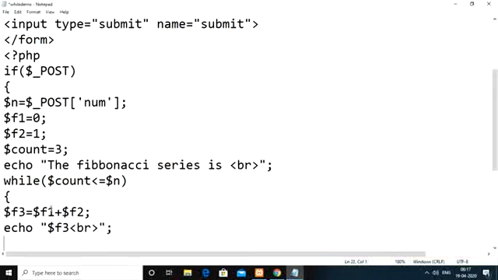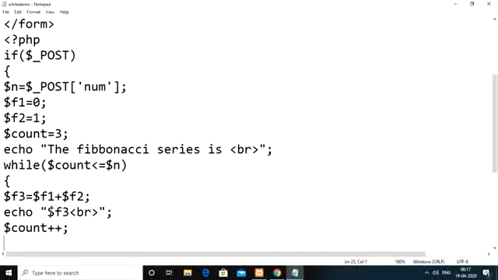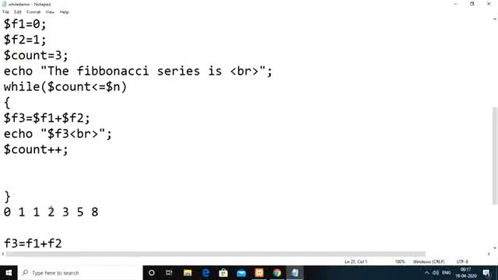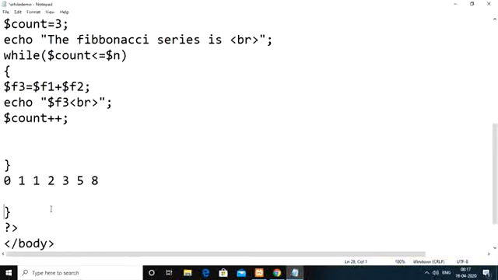After that, increment the count value so that we can find the next term. The third term we already found, now we need to find the fourth term. So here we need to perform swapping. Initially this one is the first term and this one is the second term. Now the third term is found, so 1 will become the third term.